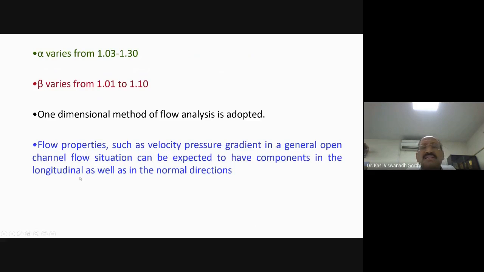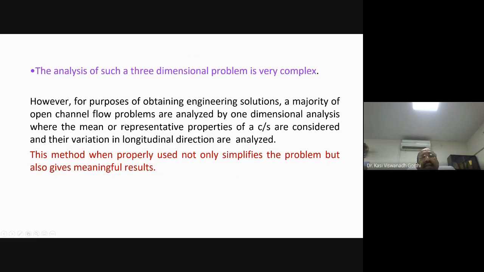Flow properties such as velocity and pressure gradient in a general open channel flow situation can be expressed to have components in the longitudinal as well as in the normal directions. The analysis of such a three-dimensional problem is very, very complex. However, for the purpose of obtaining the engineering solutions, a majority of open channel flow problems are analyzed by one-dimensional